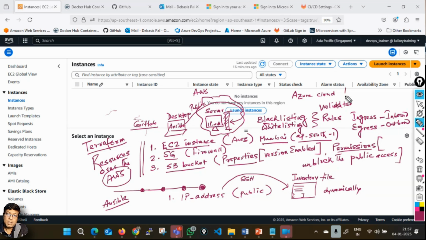An Azure instance can be created with Terraform as well. Terraform can create resources over any cloud. But here we have used AWS. Now, can you tell me, this instance that was created on Azure will also have an IP address? So what